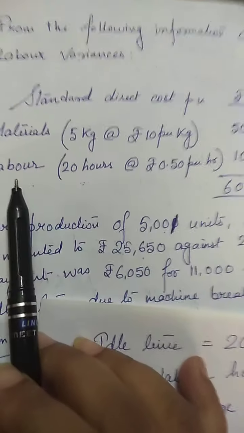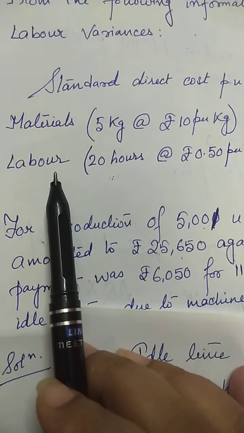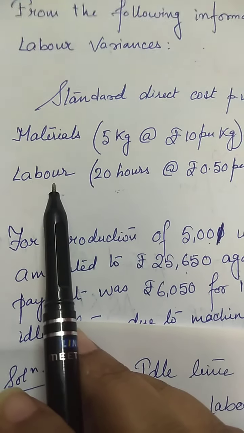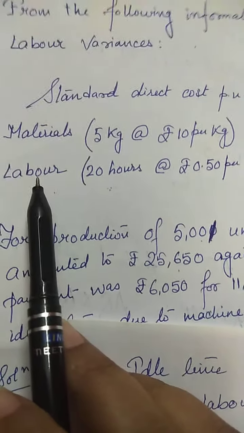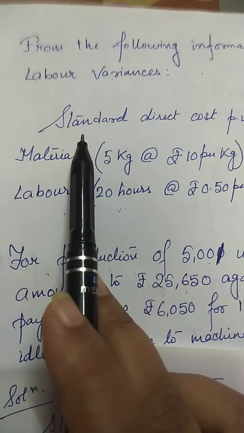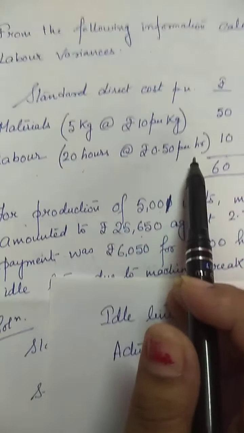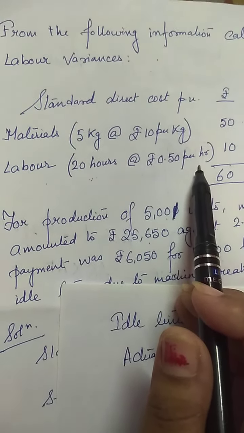Continue with the earlier illustration. In the last video we discussed material variances. In this video we'll be discussing labor variances. Now please carefully look at the information. This is standard direct cost per unit. That means all the information given over here is standard information